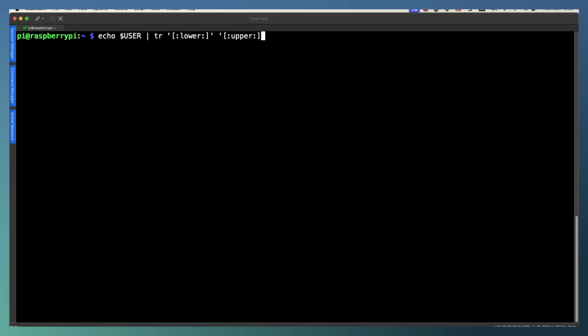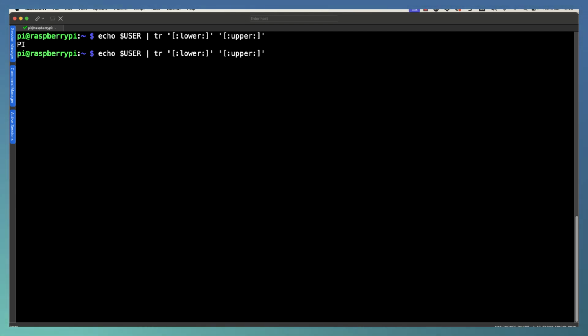So as I go through, just being very careful with my fingers here, we can see now at least we have got it all converted through to uppercase. So it does work and does have that flexibility. However, within our bash shell, we have got something called parameter expansion that makes life a little bit easier.